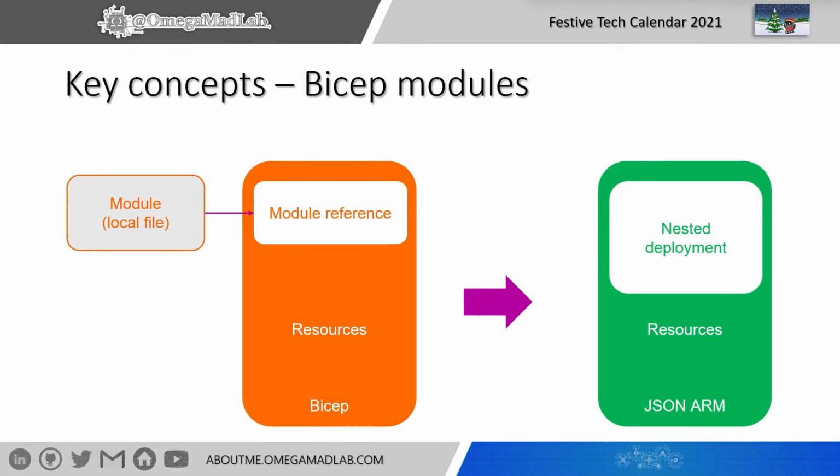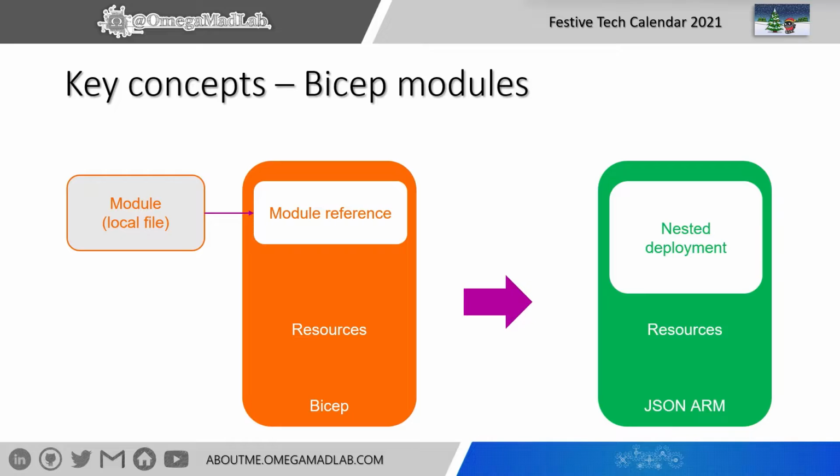When you transpile a Bicep file that references external modules, the output of the build command is a single JSON file that contains all the resources defined inside the main Bicep file, as well as all the resources defined in each module, and these external resources will appear inside the JSON file as nested deployments. So the build process generates a single artifact even if you are working with more than one module. And this modular approach allows you to create a library of reusable modules to share with your team.